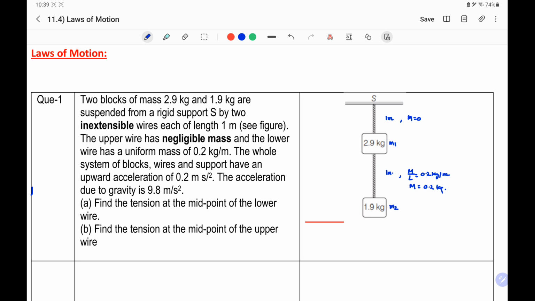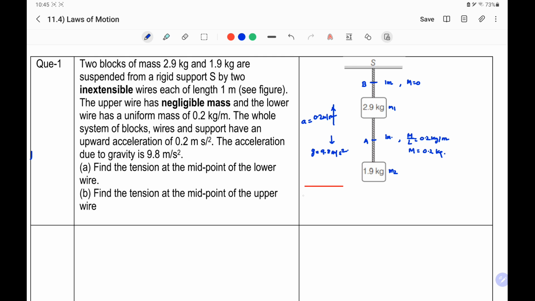The whole system of the block, wire and support has an upward acceleration of 0.2 meter per second square. So this is the acceleration of the system. And acceleration due to gravity will always be downward. It is g equal to 9.8 meter per second square. So the midpoint of the lower wire is say A and the midpoint of the upper wire is say B. We have to find the tension at these midpoints. Now to find the tension at the midpoint of the lower wire, at point A,